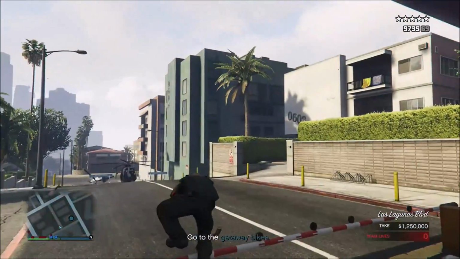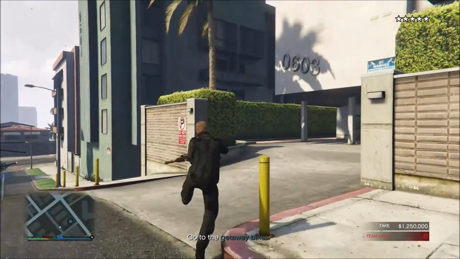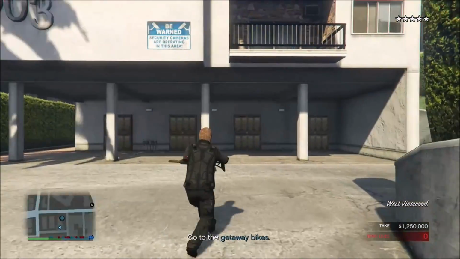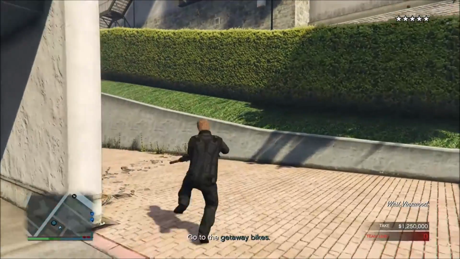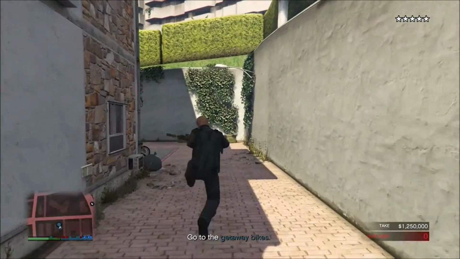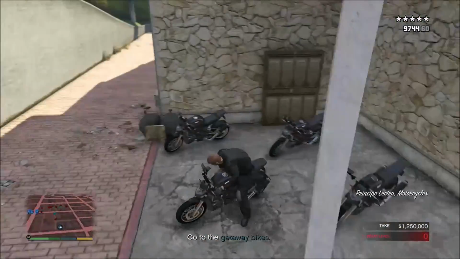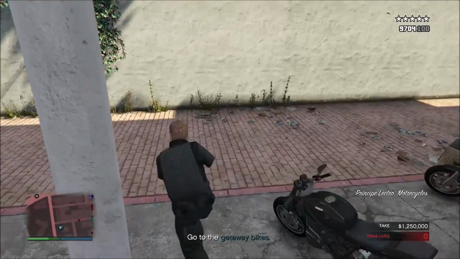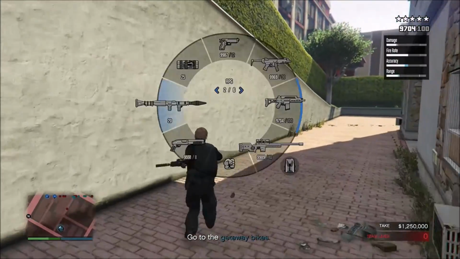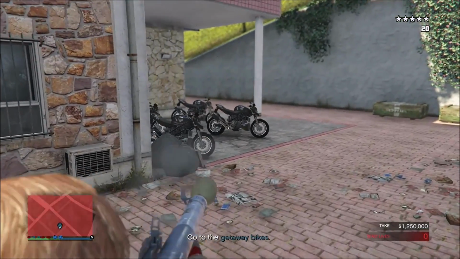Alright, and as you see here, the helicopter is still there after going through everything on the bank. So what you then want to do is go to the bikes, and I'm pretty sure you can just blow them up and then respawn and it works fine, but for some reason I've always just got on the bike quickly and then got off, and then I would blow up all the bikes, and then I would kill myself,